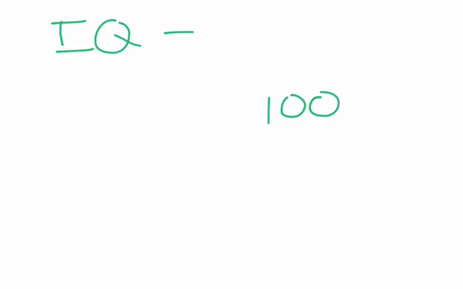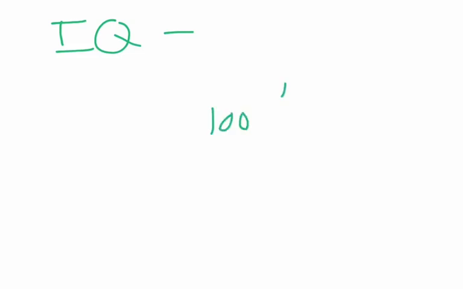Okay, that's considered the average IQ. Now, the standard deviation for this can vary. I think one of the measures is 15, so it's a standard deviation of 15. Another one might be a standard deviation of 20. But what we would do, if we had the average IQ of 100,